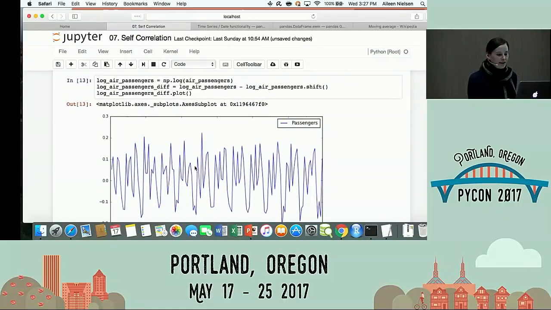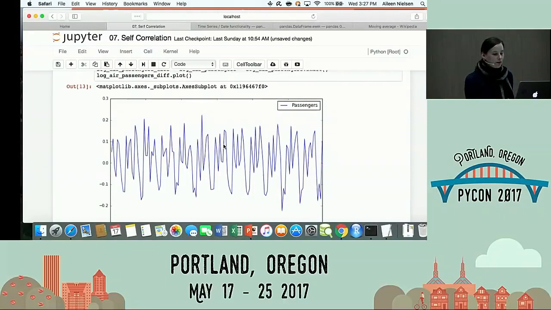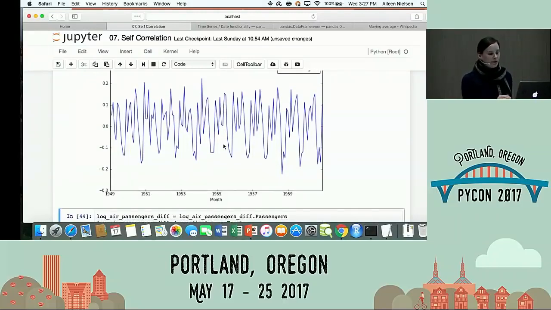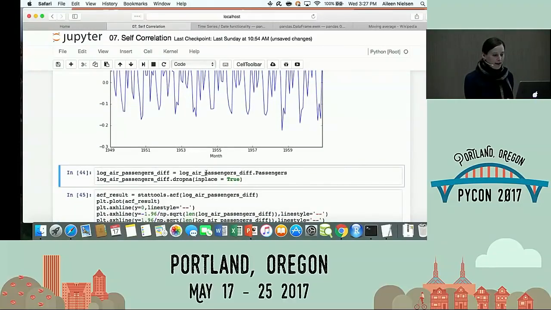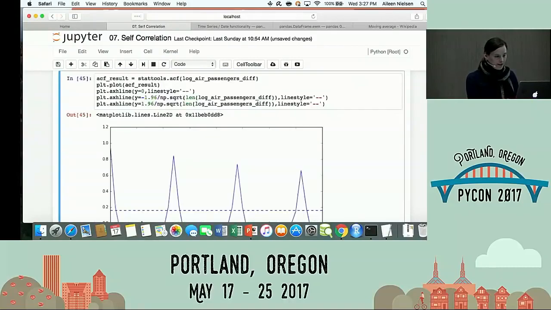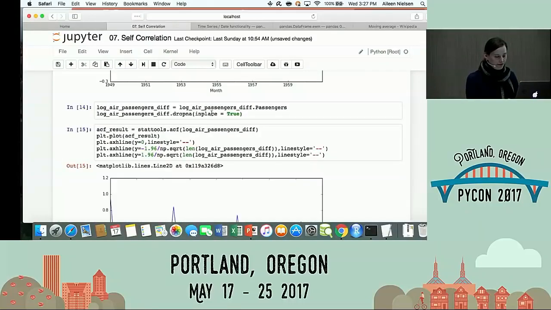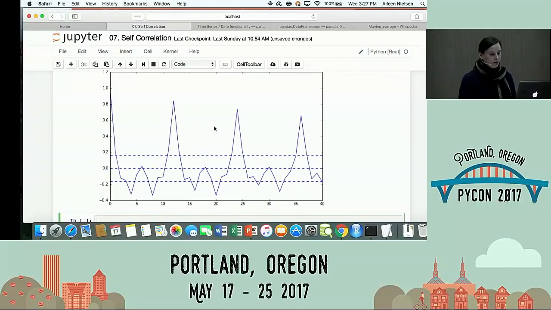So if I difference my data and take the log, I've got something where the variance looks fairly stable, the mean looks fairly stable. And if I now look at the ACF, what do I see? I see something that doesn't have some crazy trend. So this is more what I'm looking for, some sort of internal constant structure that's not just superimposed by a massive spike. And I see periods.